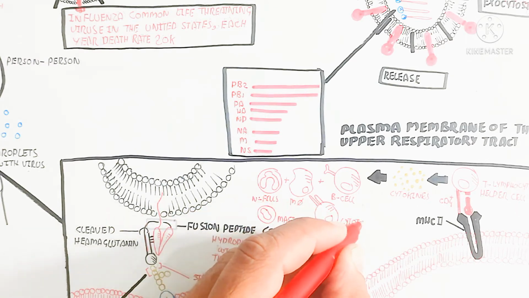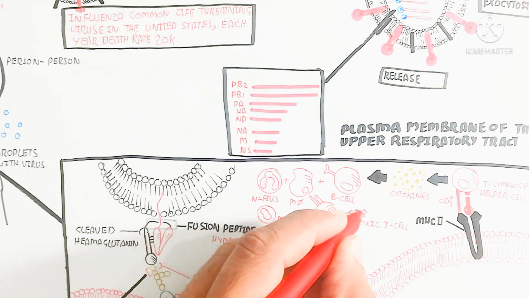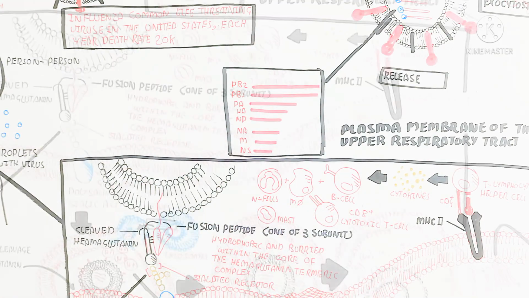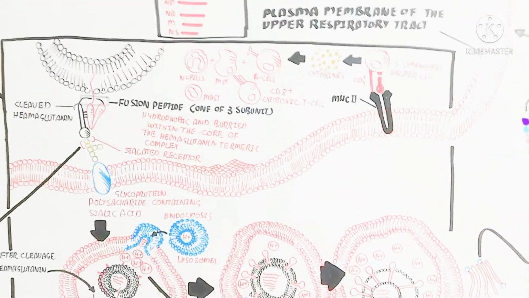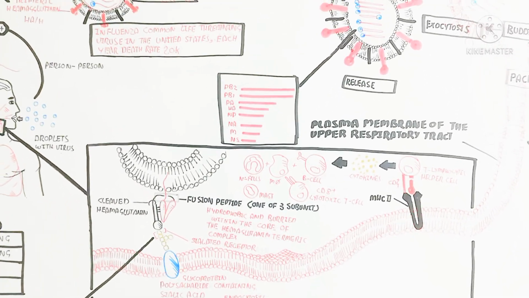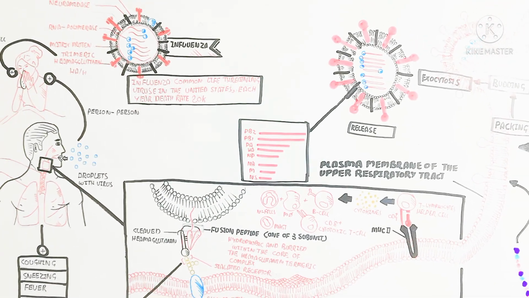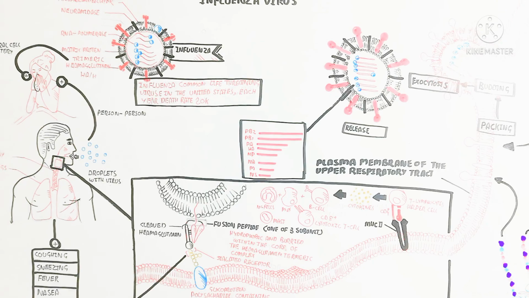So here is another thing, the cytotoxic T cell, which kills the upper respiratory tract cell, and macrophage recruitment, and the innate and adaptive immune response will occur. So in this way, that is the influenza virus mode of action and the symptom of the disease, and this can be